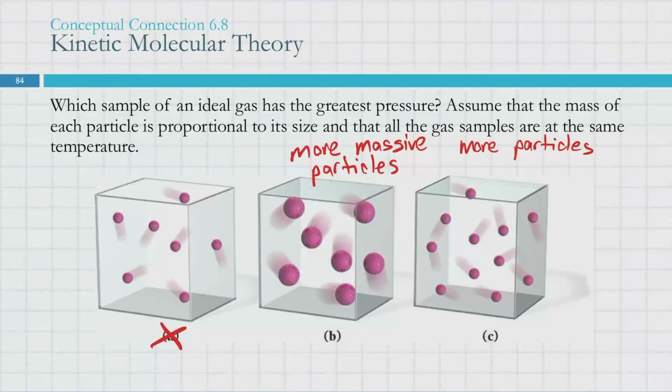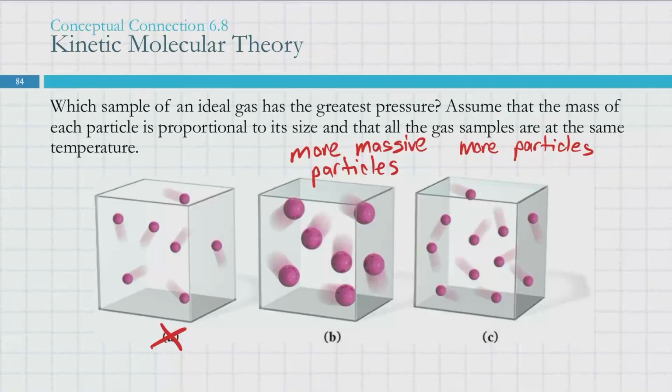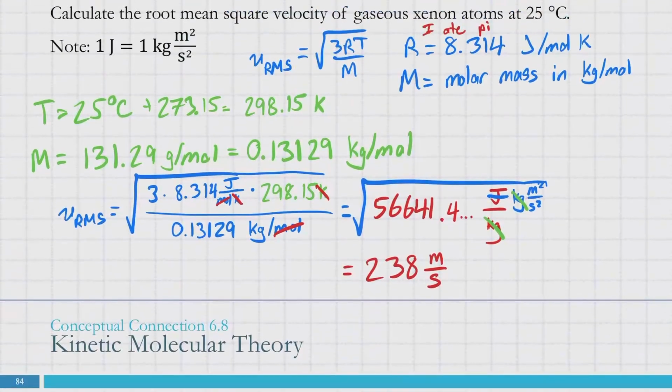And now I need a second to think. Okay, the instinct is to rule out A because with B we've got more massive particles. I'm not entirely sure that it makes a difference. I'm pretty sure it doesn't make a difference. If I was less tired, I think I would have the answer more quickly. The reason that the size of the particles shouldn't matter, I think, is because of our root mean squared velocity. So the mass and the temperature,